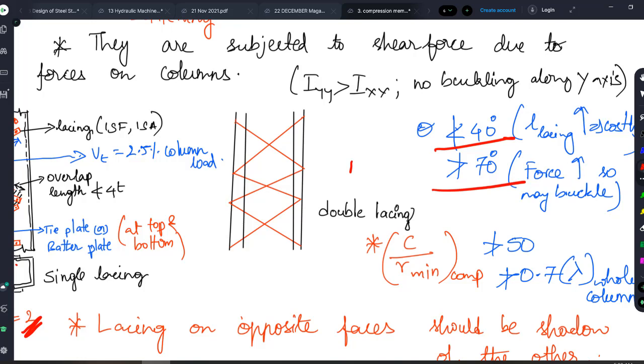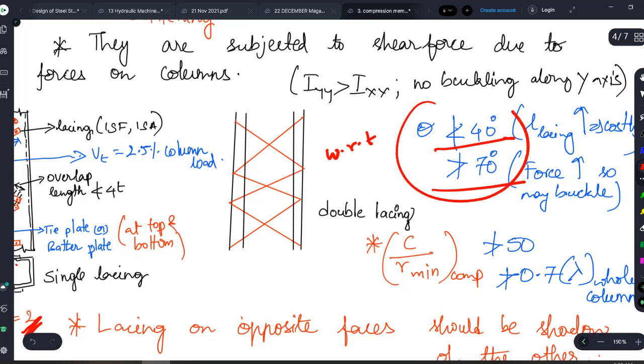Sometimes to confuse in examination, he can ask you what is the angle with respect to horizontal, then don't blindly tick these options. Okay, convert it and write it down. You know the angle between vertical and horizontal will be 90 degrees. So 90 minus these values will be your answer. So be careful and don't be a dumb student just to tick the answer as soon as you see the question. Okay, think a little, okay.